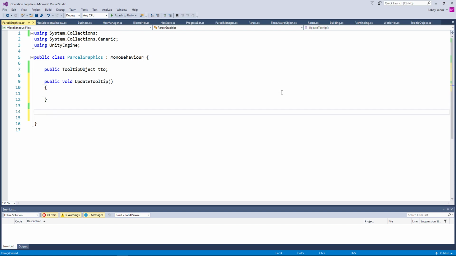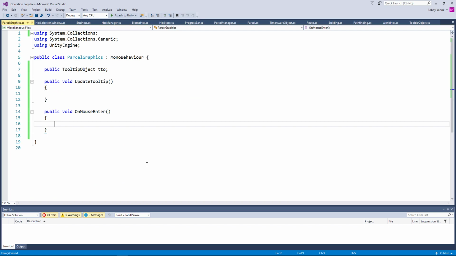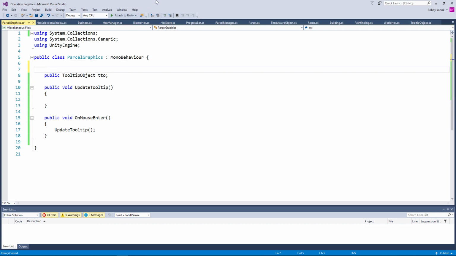Okay, and then we're also going to want a public void on mouse enter. Just like we did for the world hex here, except instead of doing this, we are simply going to do something more along the lines of update tooltip. So whenever you mouse over it, it'll automatically update the tooltip. Now it's probably going to need a reference to the actual parcel, so public parcel, no, not parcel graphics, just parcel,